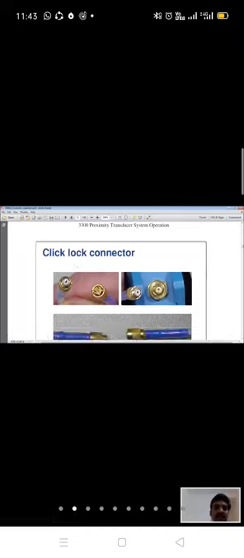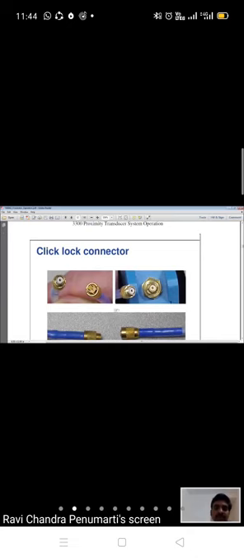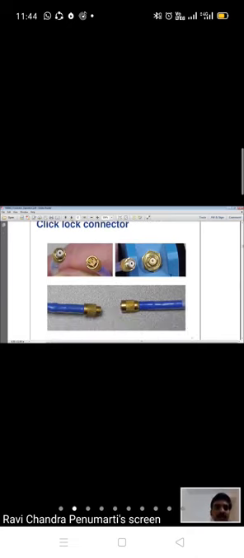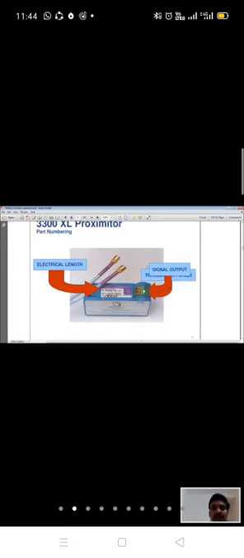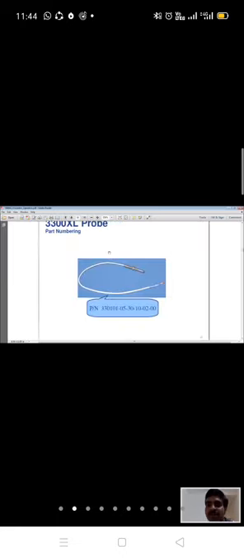If we see physically, it will be like this. And it is normally a gold tip. And this goes inside this. This is male and this is female, like this. All these are other parameters, industrial specifications, how we select the probe and the different part numbers.